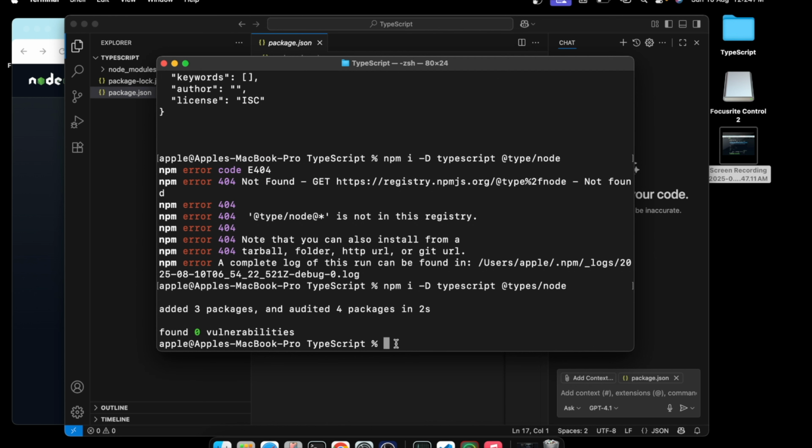Now the next step is that we have to use the entry point. Okay, before that let me do one more thing. npx tsc --init.